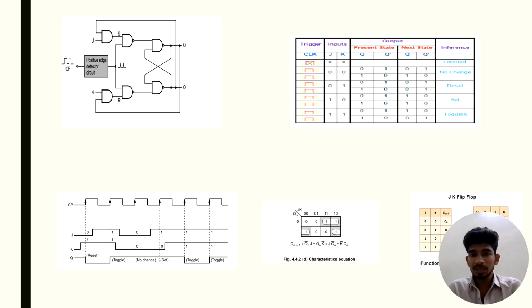The excitation table for JK flip flops. 0 0 is Qn, 0 1 is